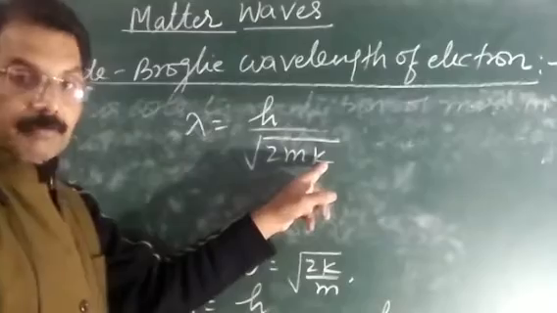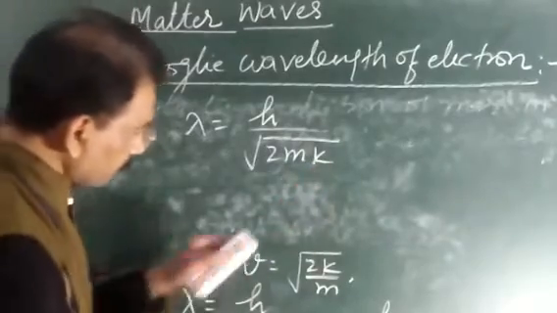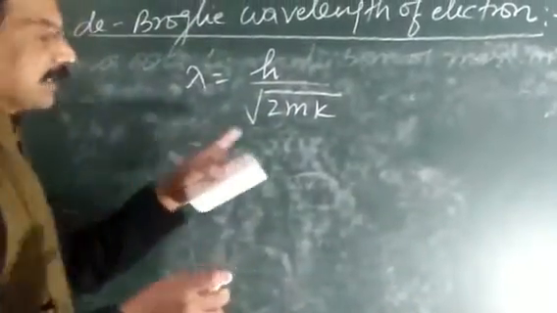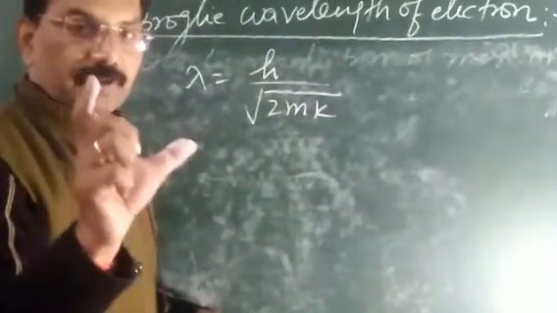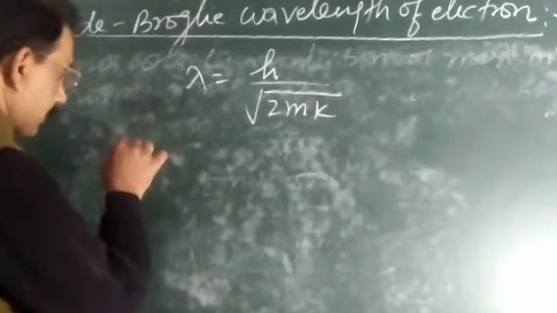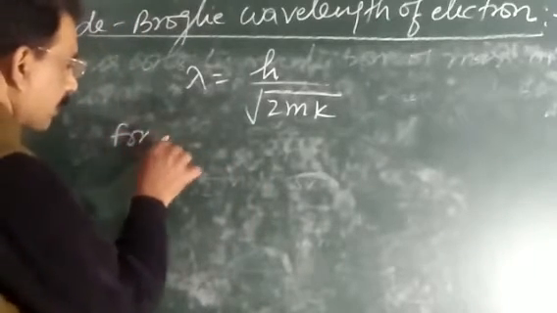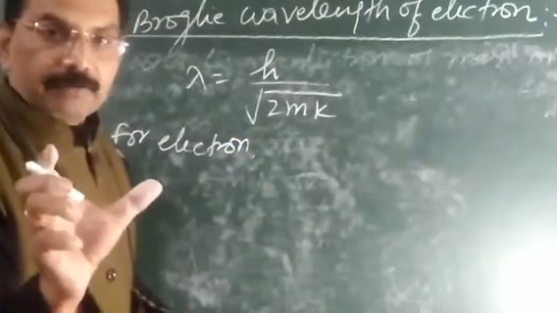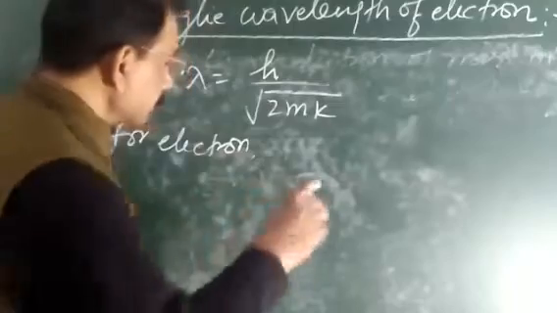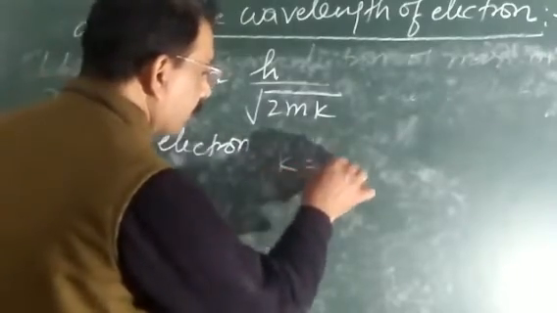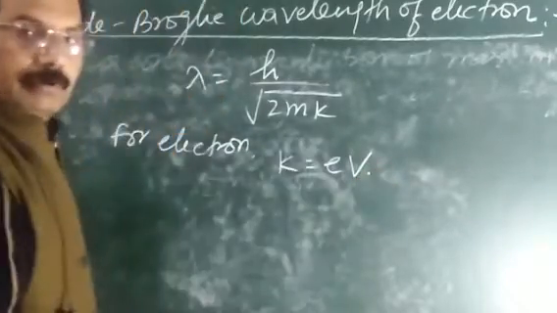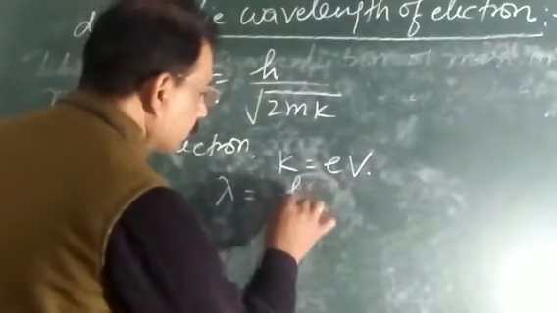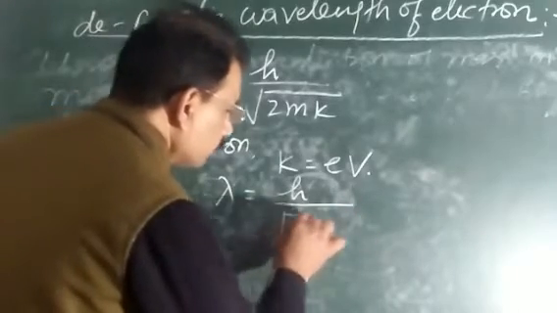Now we consider it for an electron. Suppose an electron is accelerated with the potential difference V, then the kinetic energy K for the electron is given by eV. And then the de-Broglie wavelength lambda is equal to h upon root